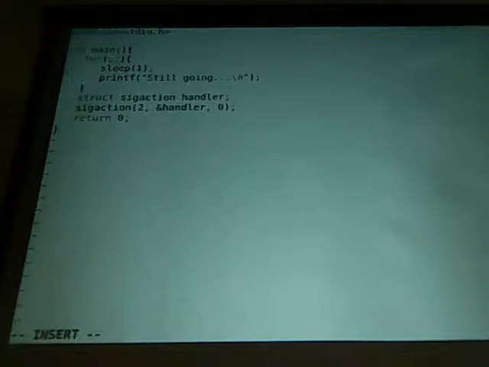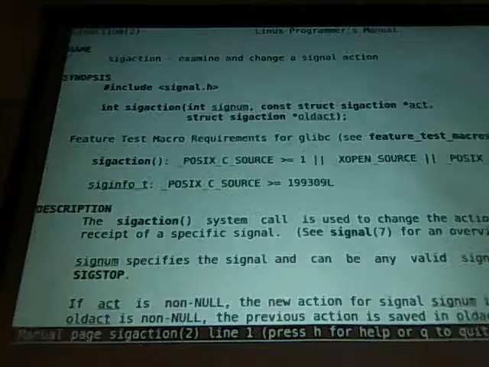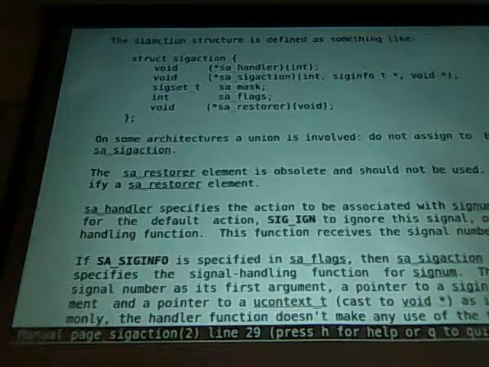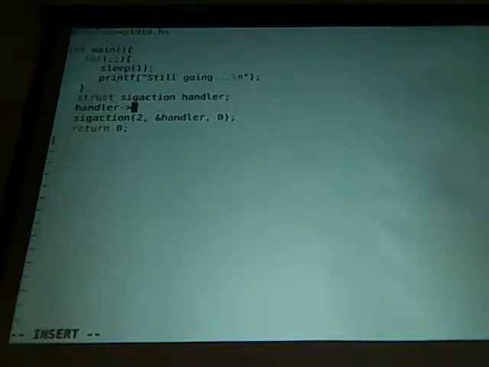The last one, you can make another sigaction here, and send it a pointer to it, and it'll populate it with whatever the current handler is for that signal. But if you don't care what the current handler is, you just want to install your own, this will be fine. Okay, but we have to handle handler and that thing up there, sa_handler. So handler dot sa_handler